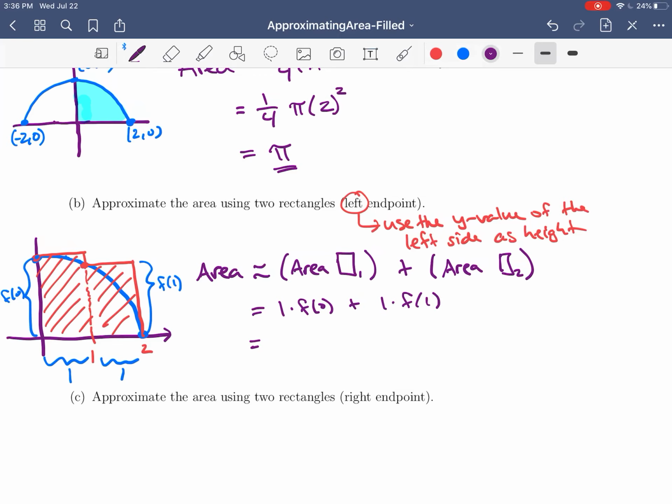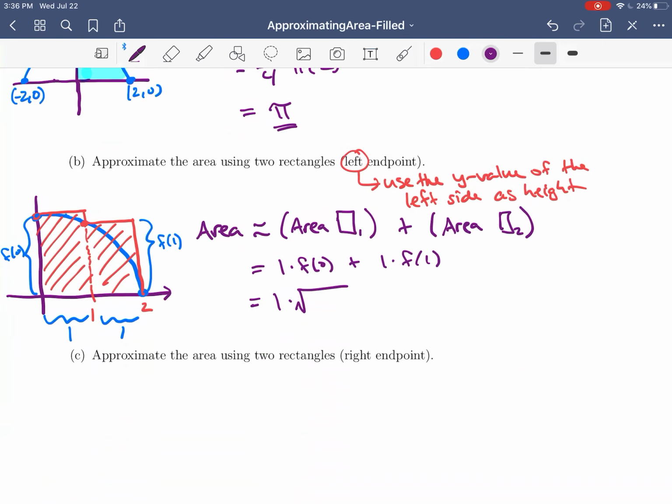And we know the equation for f. So the y value here is 2. Maybe I should use the equation. So it's going to be the square root of 4 minus 0 squared. And then over here it's 1 times the square root of 4 minus 1 squared. So this is going to be 2 plus the root of 3. And if you compute that, you get